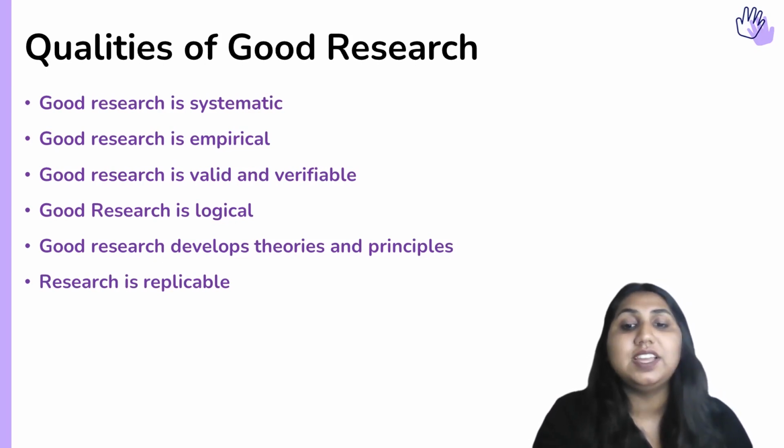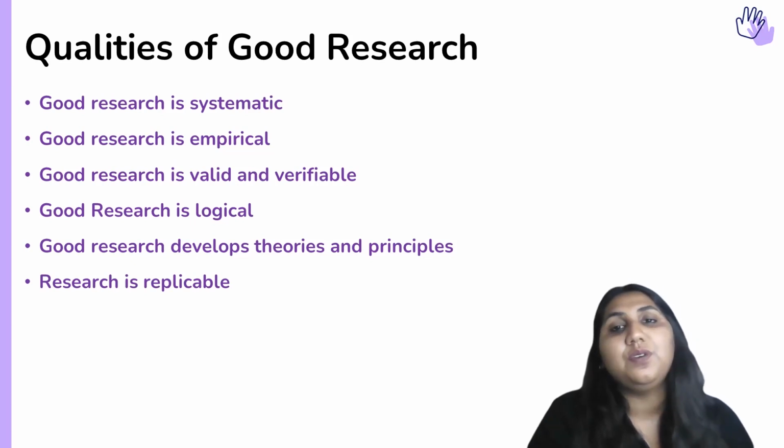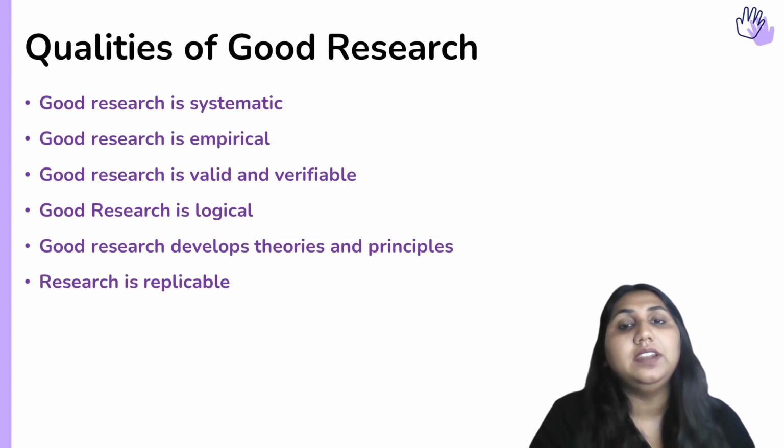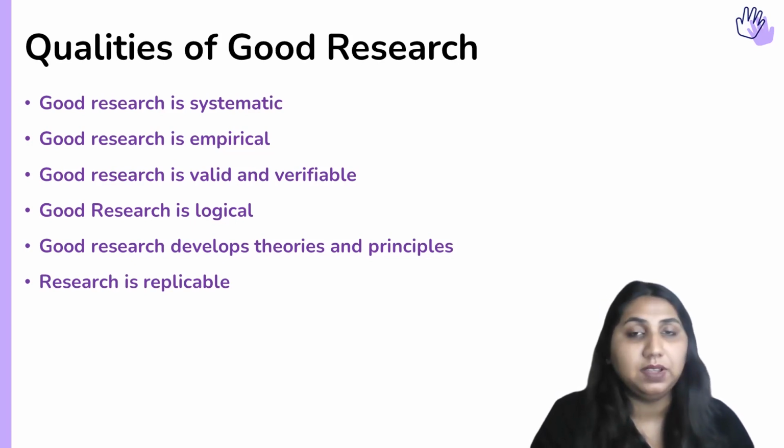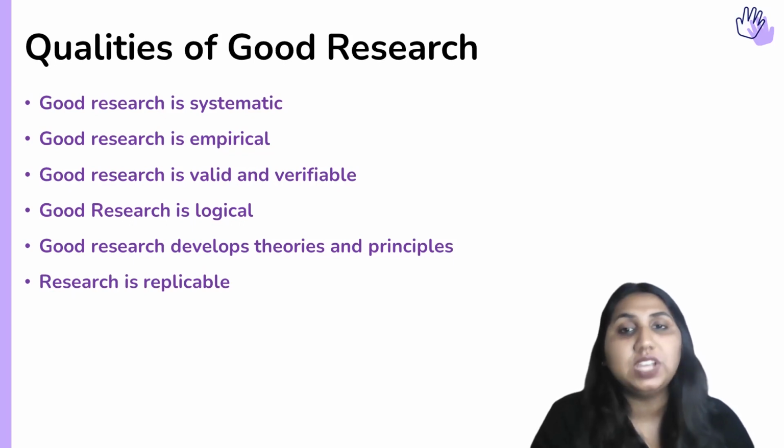Next is that good research develops theories and principles. So whenever a research is being done, these theories and principles can be developed, and they are extremely helpful in accurately predicting the variables under study. So on the basis of the sample which has been observed and studied, the researcher makes sound generalizations regarding the population as a whole. So if I study a huge sample from a population, let's say from a city called Delhi, and I want to show that anxiousness leads to smoking, I can generalize my findings to that particular population.